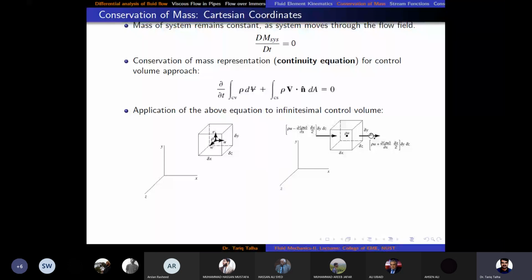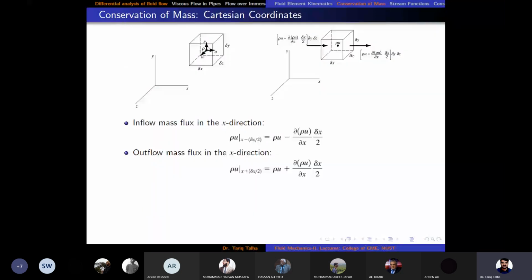So that would be a positive value, and here it would be because the n unit vector would be going outward and this velocity is coming in. So it means that at the left hand side face, the angle is 180 degrees. So it means that if we calculate, I have discussed this inflow mass and outflow mass.